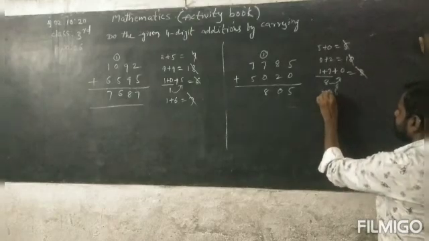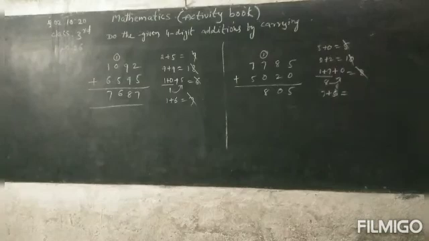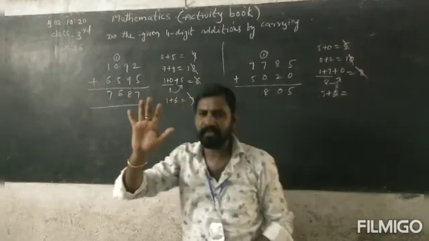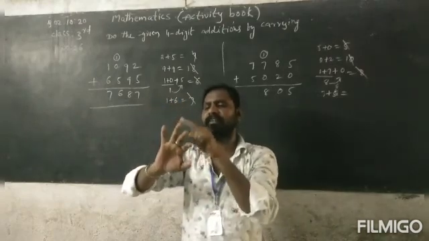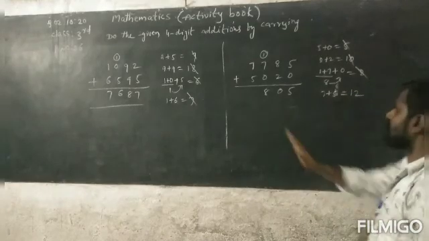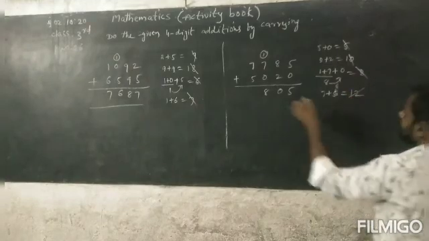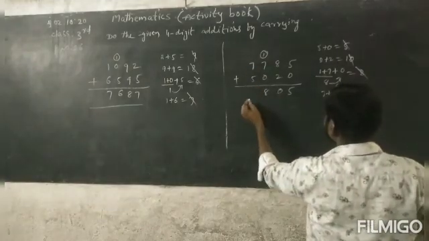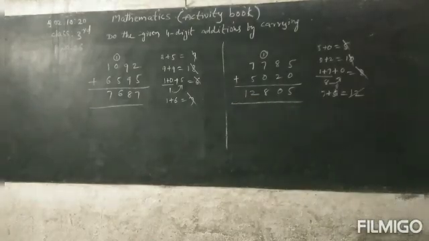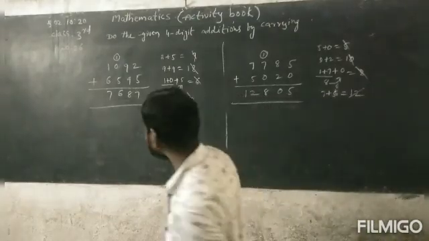Next, 7 plus 5, look at the blackboard. 7 plus 5 means 12. Keep 7 in the mind and take 5 fingers in your hand. After 7, count 8, 9, 10, 11, 12. So 12. This is the last column of the given numbers, so you can write 12 directly. How do you write it? First write 2 under the column, next write 1 beside the 2, 12 like this. The sum is 12,805.